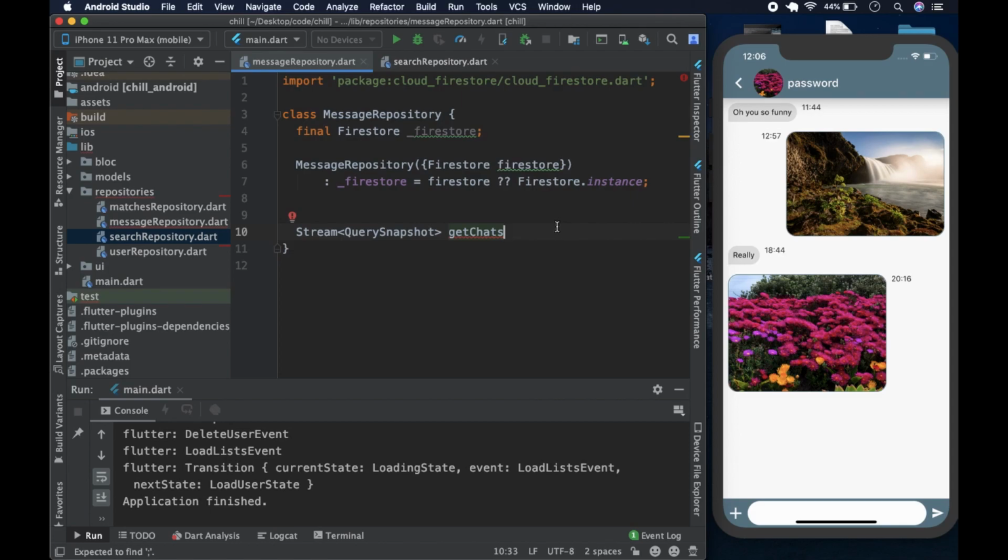We could call it get messages, right? Okay, let's just call it get chats. Get chats is fine. We could come here and pass in the user ID. It takes in the user ID, like so, and it's going to return